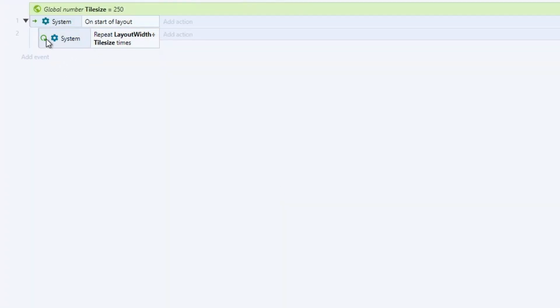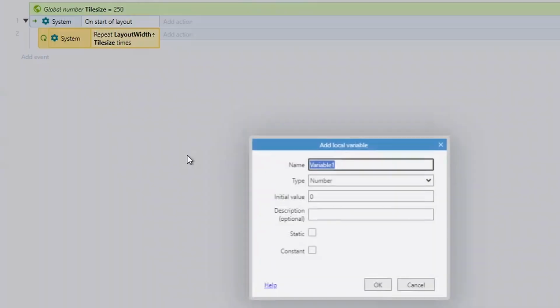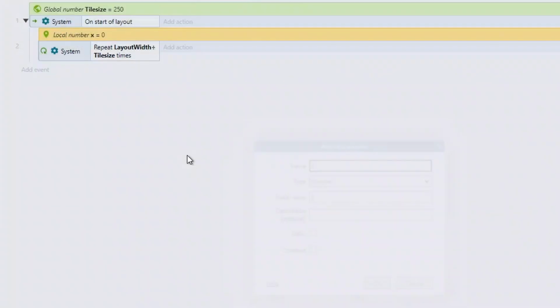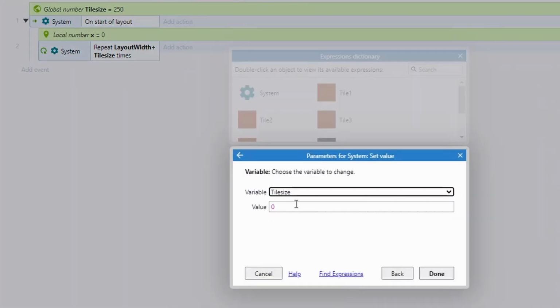Now before we continue, we're just going to click at the end here, right click and add a local variable. I'm just going to call this x, and this is going to keep track of the loop index of this particular loop. So we're just going to do system set value of x to loop index,